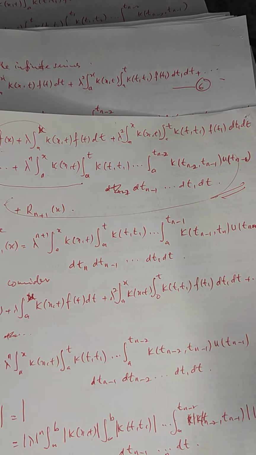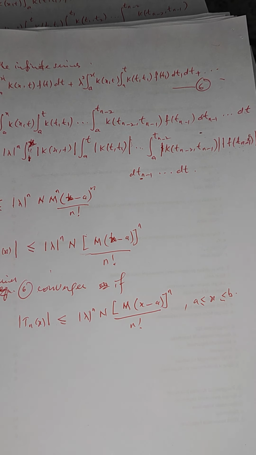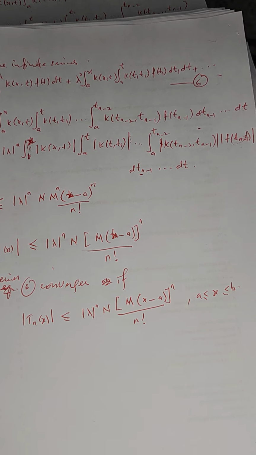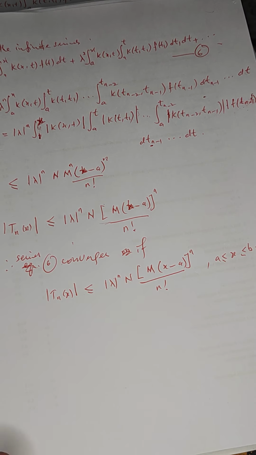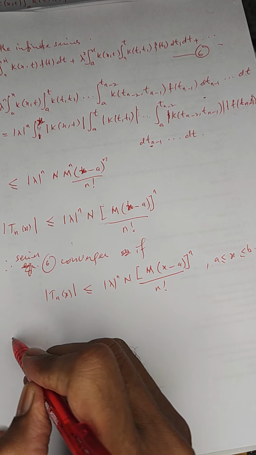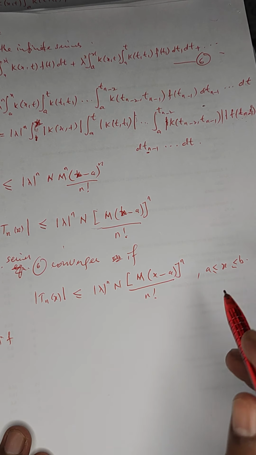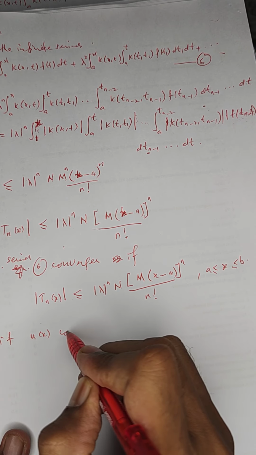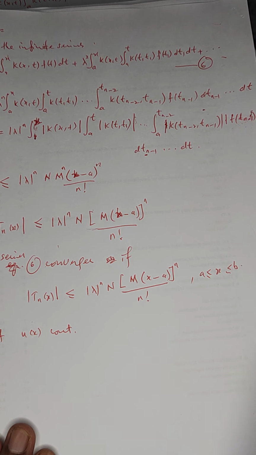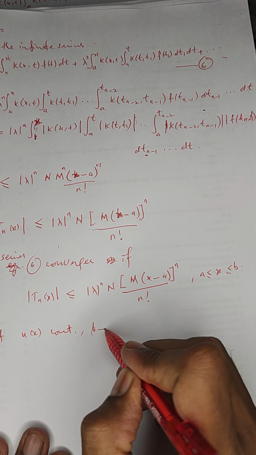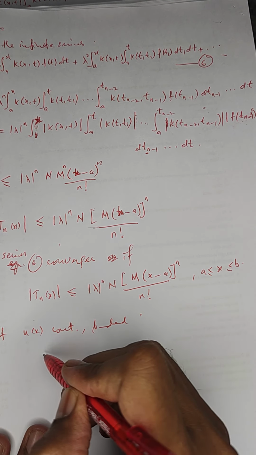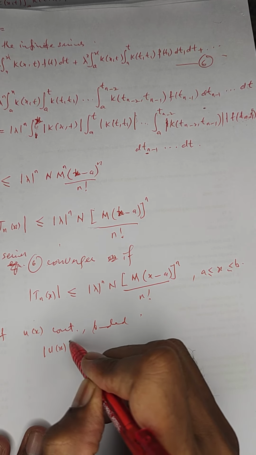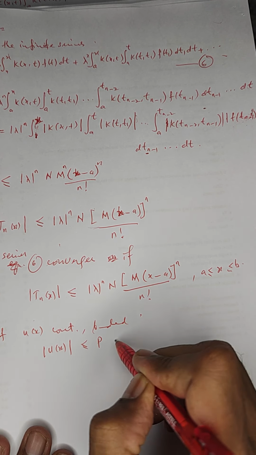Okay, so if u is continuous and its absolute value has a maximum value p, say, so this is about the solution. If u(x) is continuous and bounded by some number, let's say |u(x)| less than some number p,